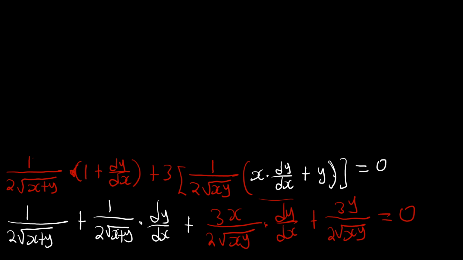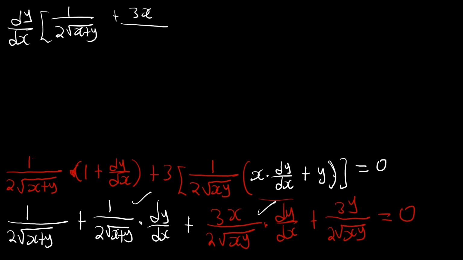So here, let's leave the one with dy over dx on the left hand side. I think we have this one and this one. So it means we'll take the one that does not have dy over dx on the right hand side. So let's also factor out dy over dx, we will be having 1 over 2 root of x plus y. Then we also have plus